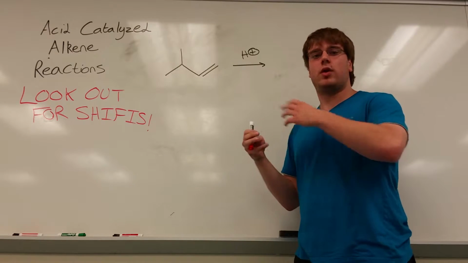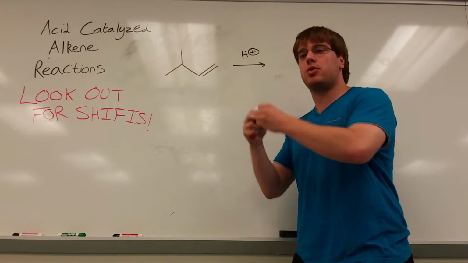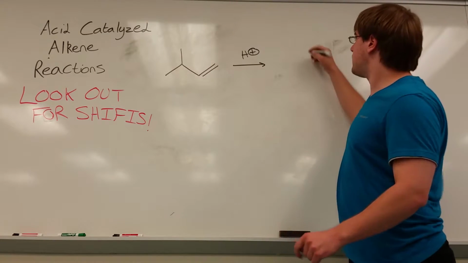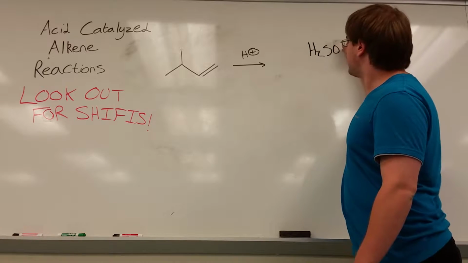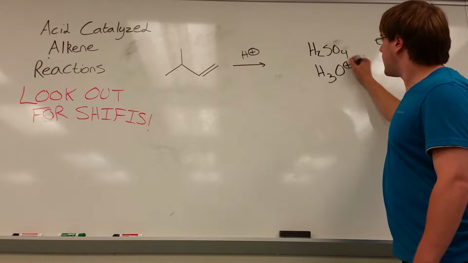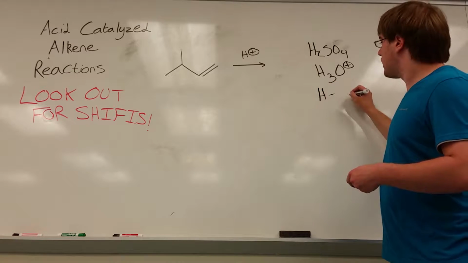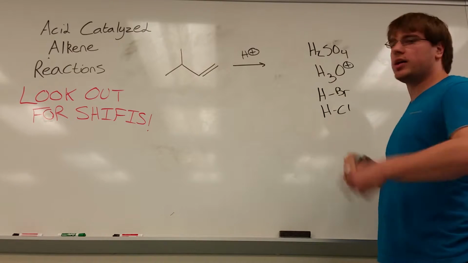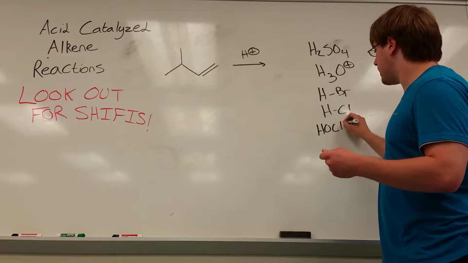Now, the simplest way to show an acid is to have H+ over the arrow. An acid is simply something that gives a proton, something that gives a hydrogen, and what's simpler than just a hydrogen itself? Other good acids that we'll run into in this course most commonly are H2SO4, sulfuric acid, hydronium, which is H3O+, the protonated version of water, any halogen acids, so HBr, HCl, HI, etc., and then a couple other OH acids occasionally, HOCH3,